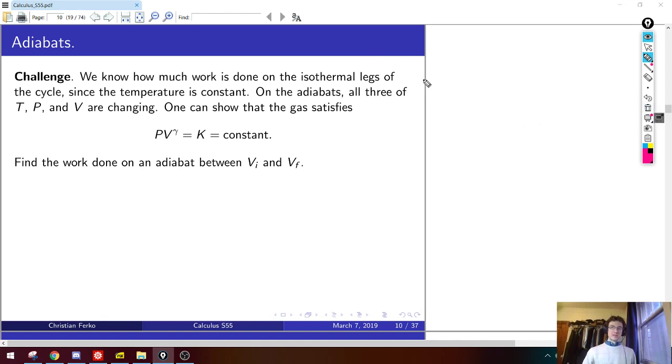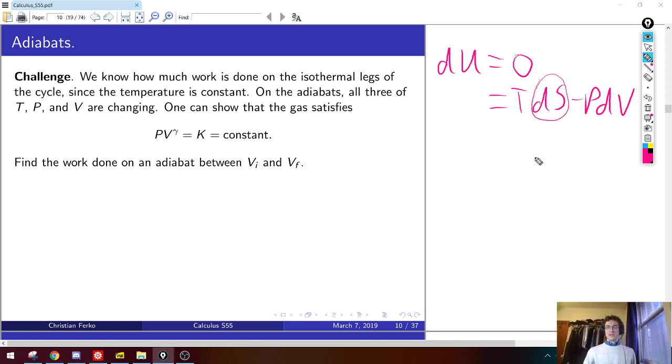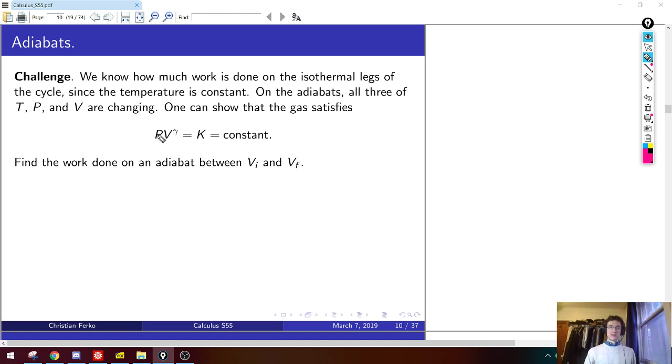And what you basically have to do is say the total energy change is 0 on the adiabats. And by the first law of thermodynamics, this is basically some TdS minus a PdV. So you have to derive an equation relating the pressure, volume, and temperature on the adiabats that has to do with the entropy of an ideal gas. So this goes back to what we did before. We don't have to count microstates or anything, but we have to use some similar equations to before. But for the purposes of this, it might be more preferable if I just skip that calculation and tell you the answer that you get.